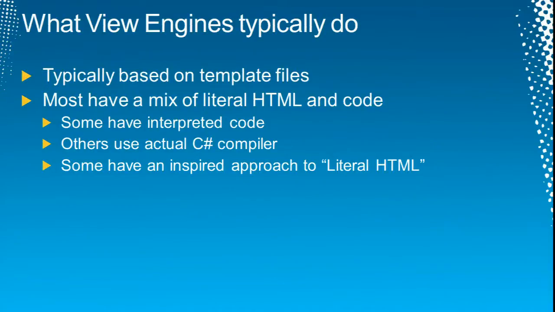All right. So we've covered the basics. We've covered how to extend the error message. We've covered how to properly implement caching. None of this is interesting so far, because the only thing we've really accomplished is we've written a class that created some HTML by returning a string. What view engines typically do is they're based on template files with a mix of HTML and code, and they have their own spin on what is